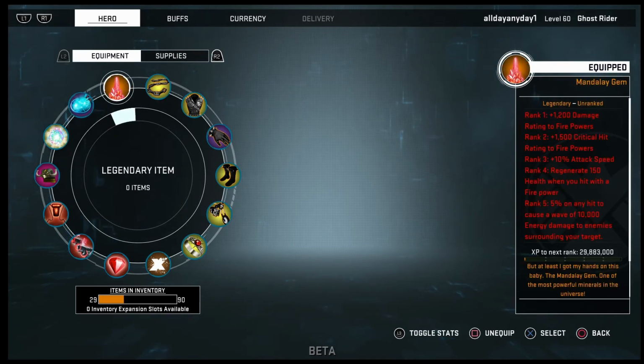Now for the legendary item, the reason why I went with Mandalay Gem is because the rank 4 was my main priority, rank 3 and 4 actually. Rank 1 and 2 are really nice as well. Rank 5 is a 5% chance on any hit to cause an energy wave of 10,000 energy damage. So this rank 1, 2, 3, 4, and 5 is really good for Ghost Rider because